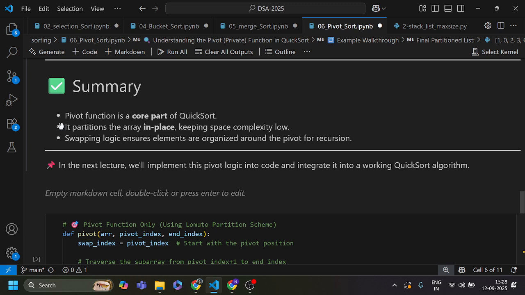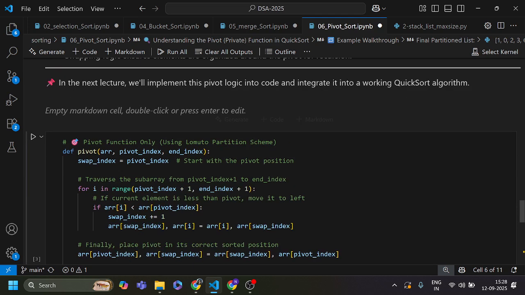So, summary: the pivot function is a core part of quicksort. It partitions the array in place, keeping space complexity low. The swapping logic ensures elements are organized around the pivot for recursion. Here you can see the pivot function